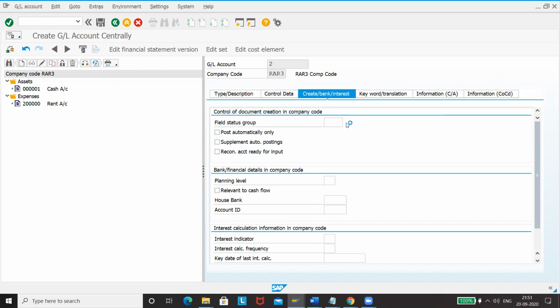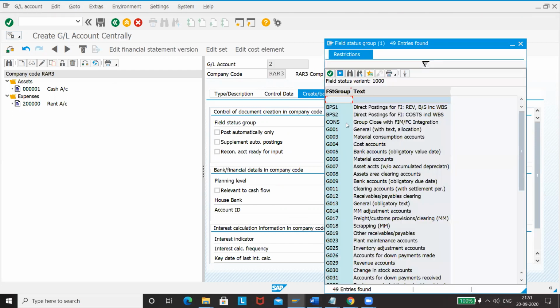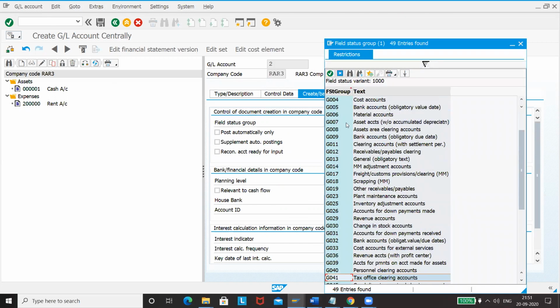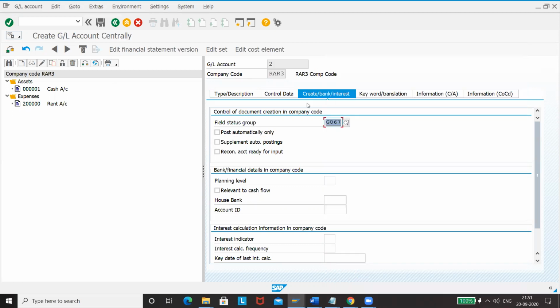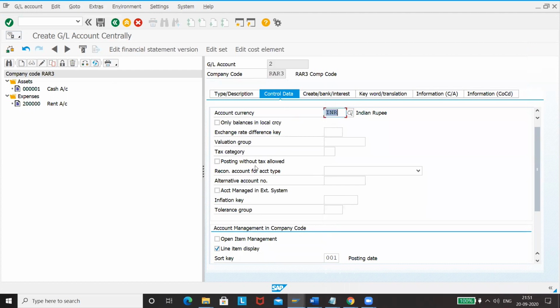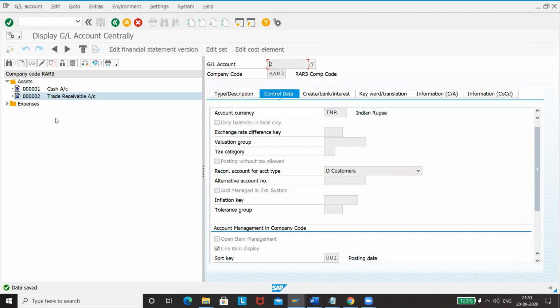This is a recon account, so you have to maintain that as well. I think it is 67. Let me check. Yes, it is reconciliation accounts 67. Since it is a reconciliation account, you have to come back here and maintain this one as customer. This is very important. Now that this is created, we'll save. This account is created.